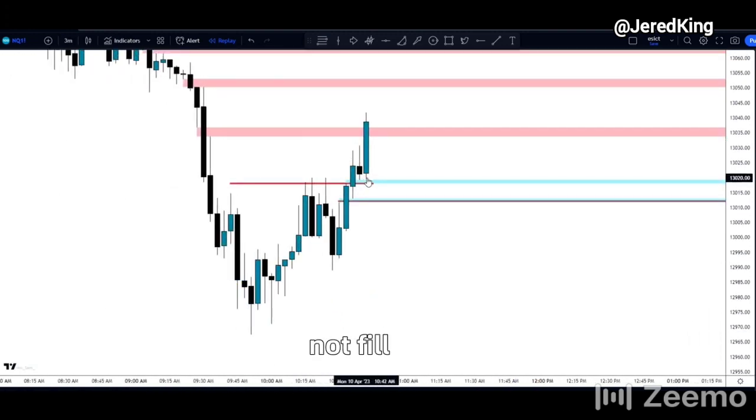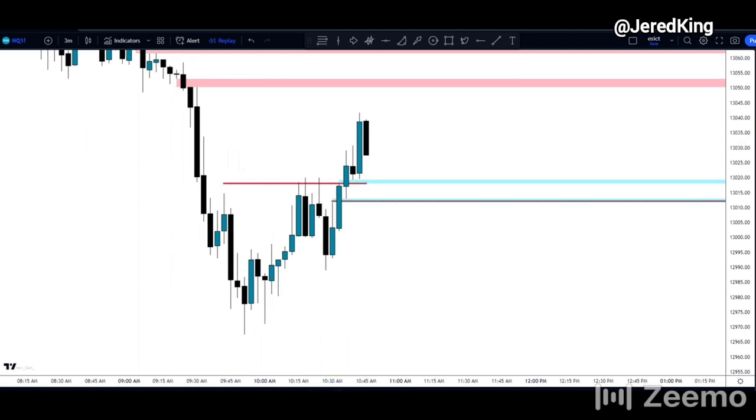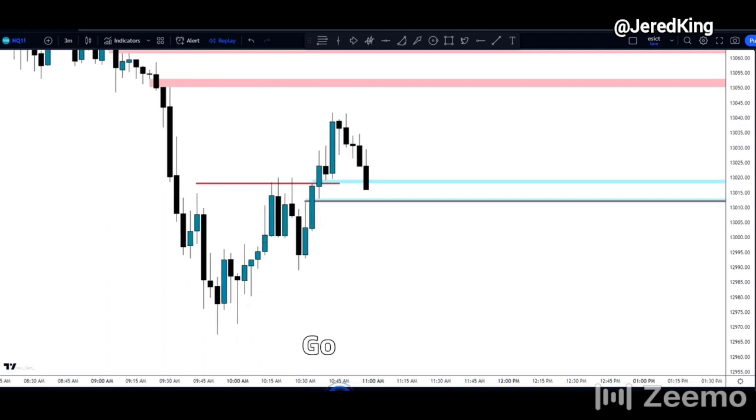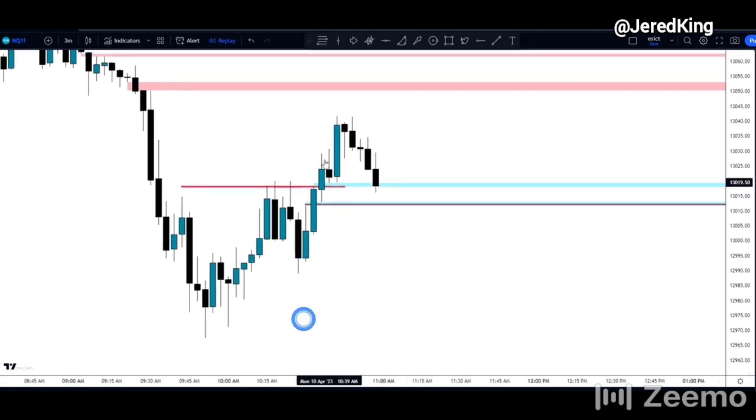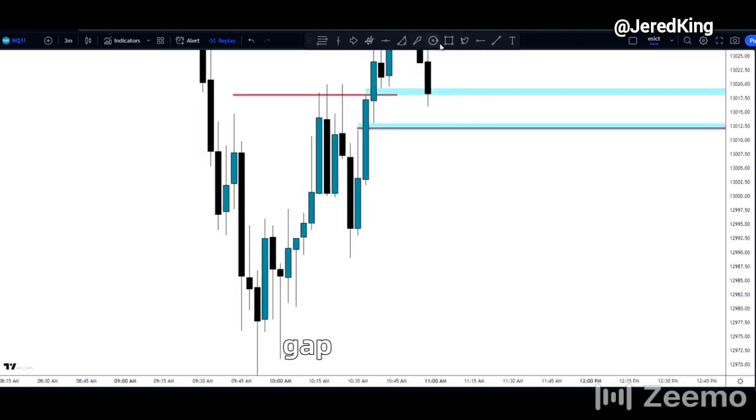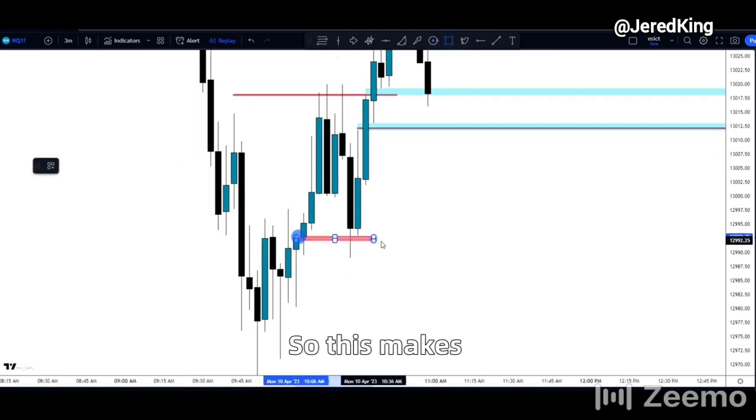And then price did not fill this fair value gap here. So then now we're in profit. Go forward. So there you go. Now you have an intermediate term low being formed. Let's see if it drops back down into, there's a fair value gap right here. So this makes